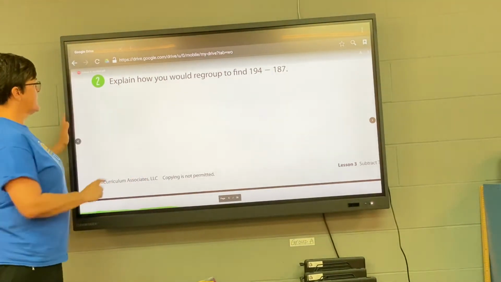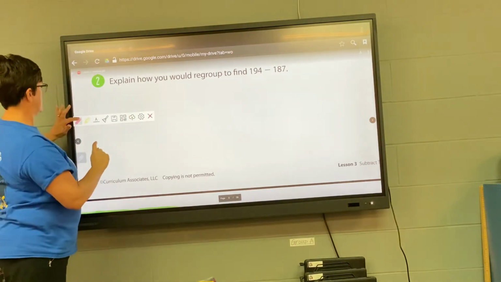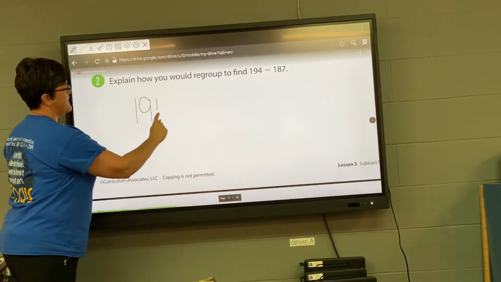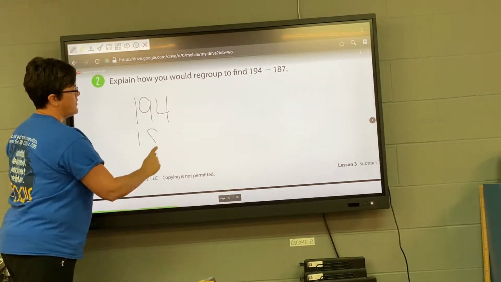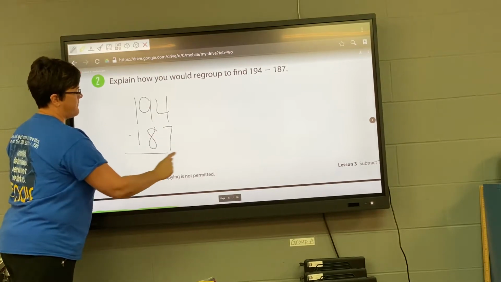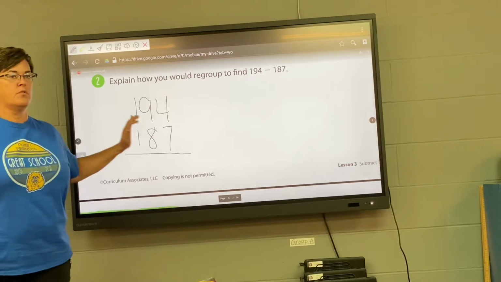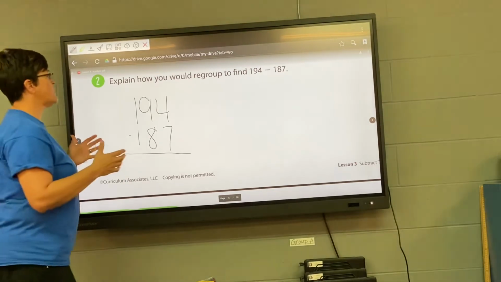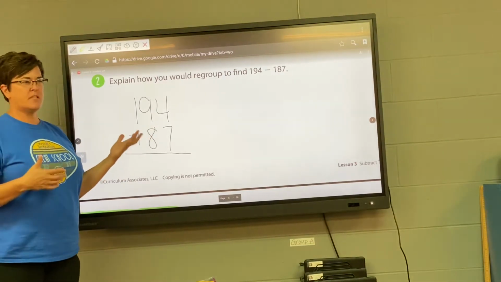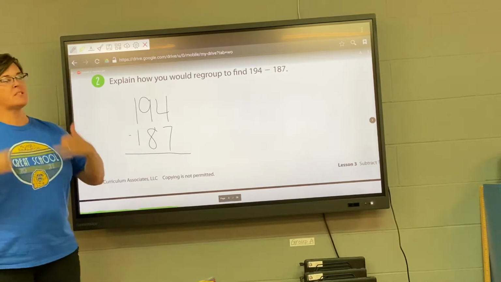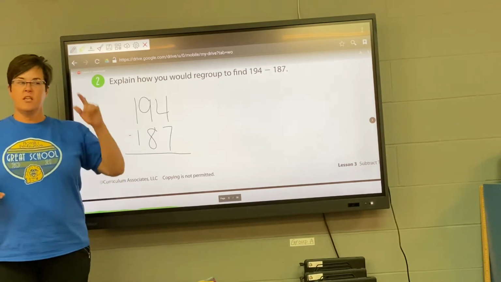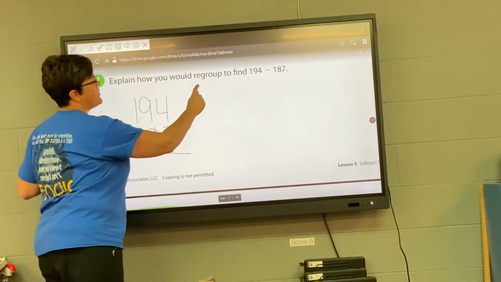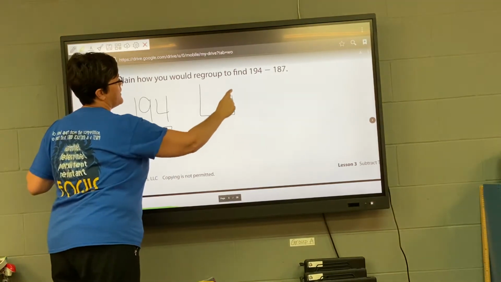194 and we're subtracting 187 from that. Now, you don't have to use standard algorithm. I want you to figure out how you are going to show this subtraction problem, because they want you to explain it, but if you're able to solve it, you should understand the steps that you have to take. So could you do 190,